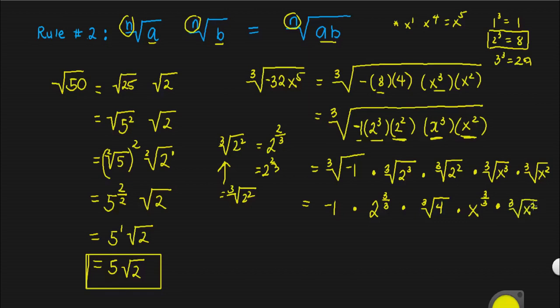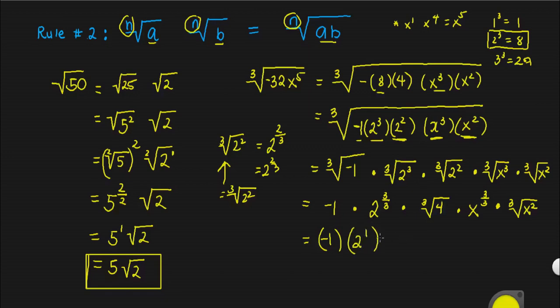Okay? So, para mas makita natin ng mas maigi, tignan nyo na lang kung yung exponent ay mas maliit kesa dun sa index. Okay? I-remain na lang natin yan sa loob ng bahay. Pero kapag ang exponent ay equal o mas malaki dun sa index, pwede natin i-simplify yan at gamitin ang rule number 1. Okay? So ngayon, ang next na gagawin natin ay i-simplify natin. So negative 1